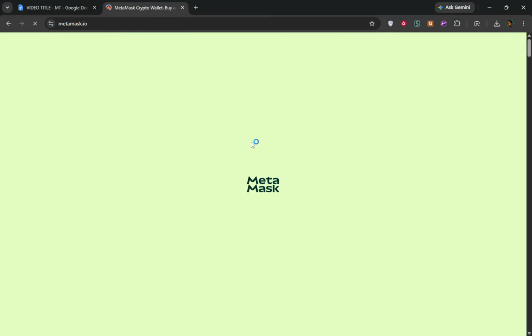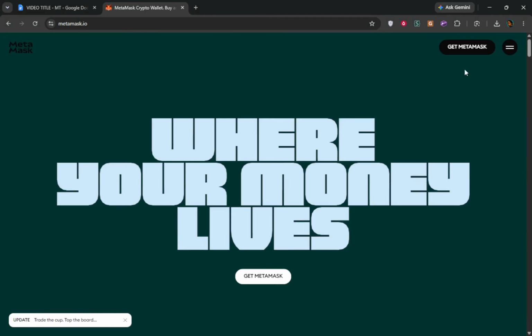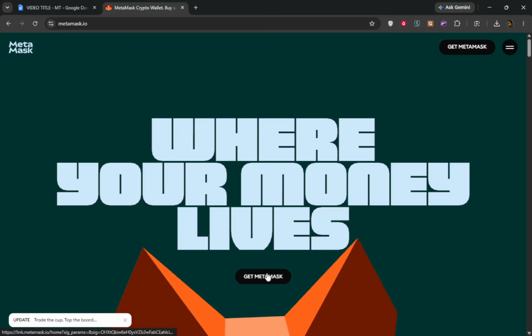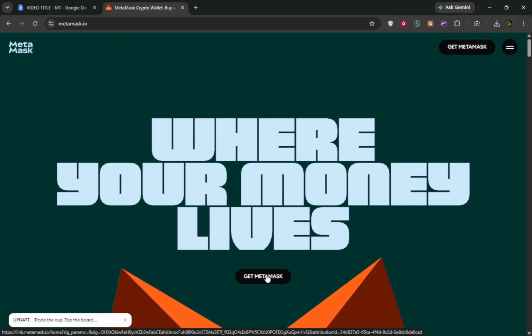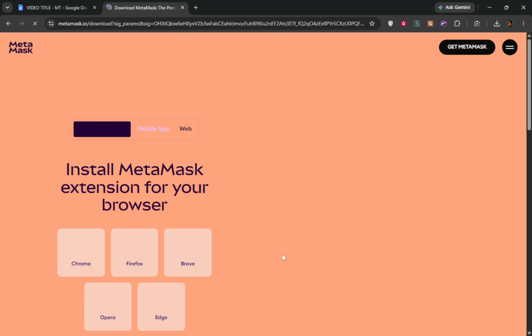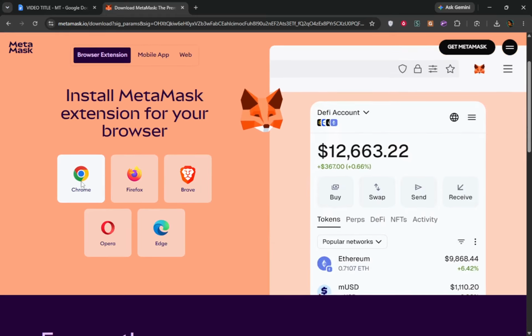On the Chrome Web Store page, click Add to Chrome. This will prompt a new window to pop up, confirming your action. You should see a brief description of what MetaMask does and the permissions it requires. This information is important because it gives you insight into how the extension will interact with your browser. After reading it, you will feel more confident in proceeding with the installation.